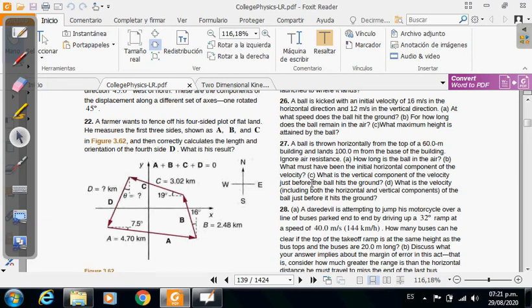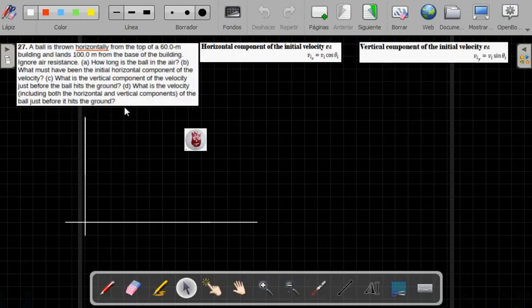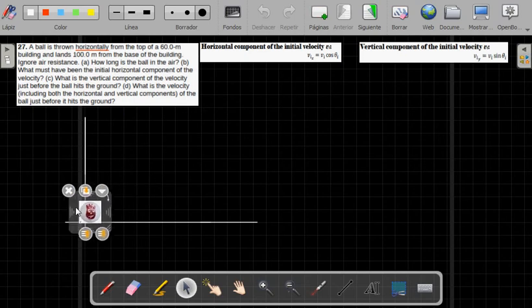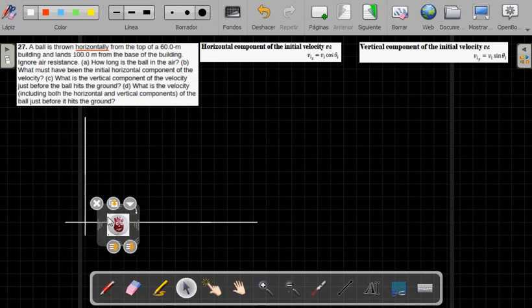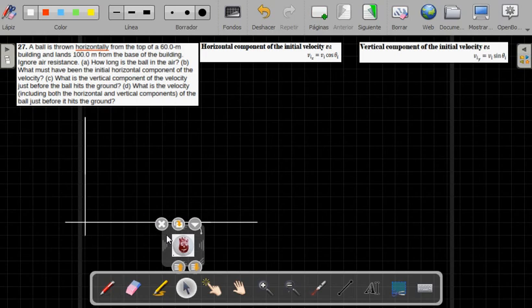Ignore air resistance. So let's take our exercise to our blackboard. There it is. And the first thing you have to do in this kind of exercise is settle a convenient system of reference. And for that, well, I have brought my ball here, but I won't put it here in the origin because it will be very uncomfortable, since the ball will fall to the negative part of the